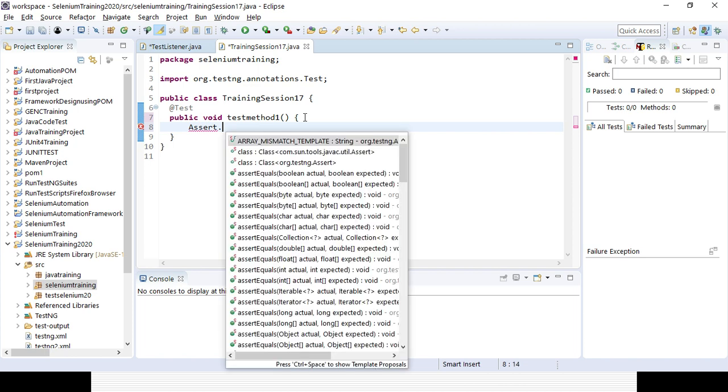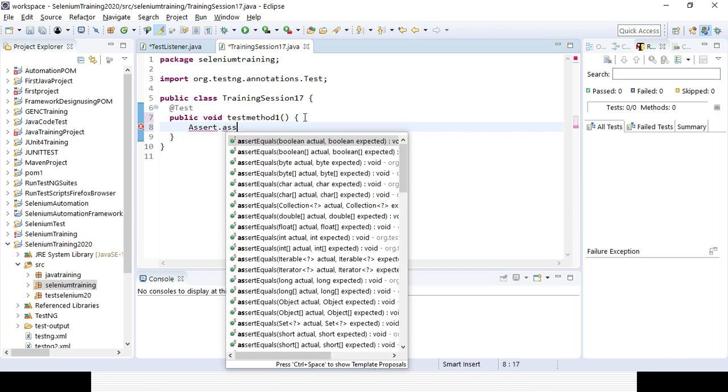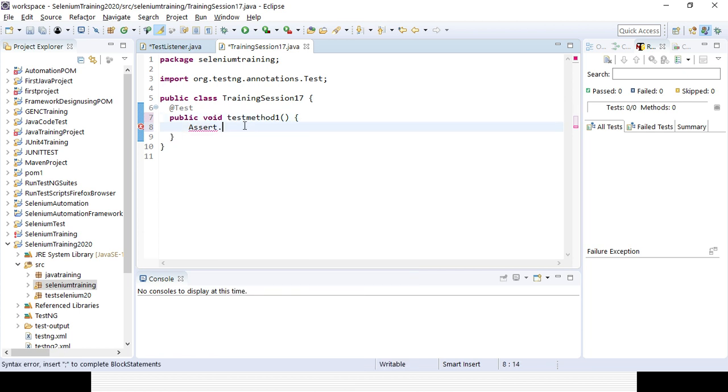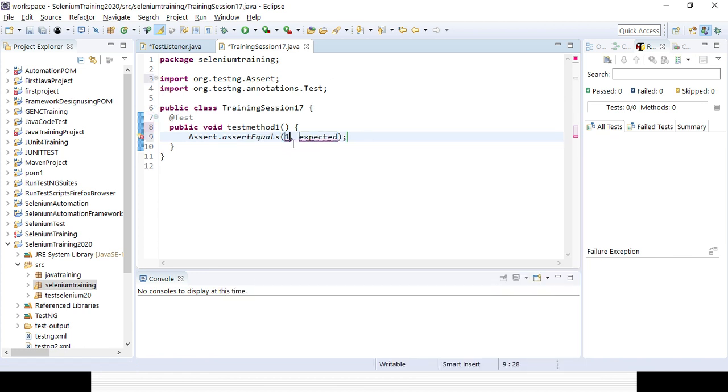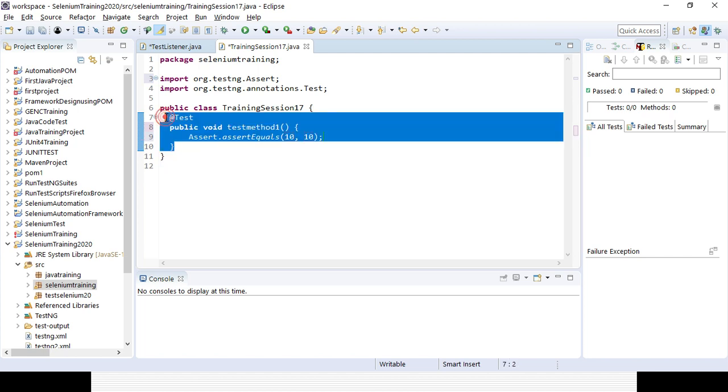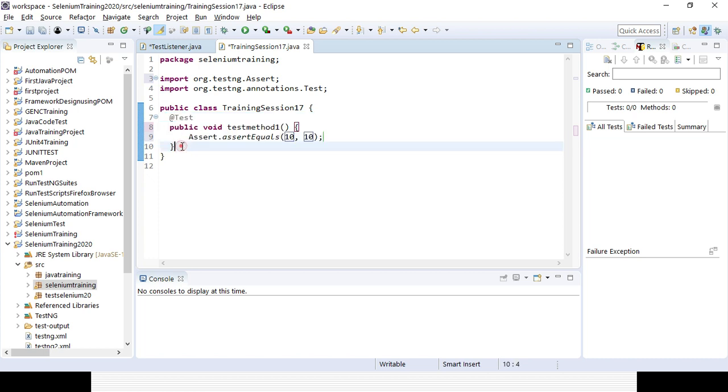dot assert equal, I just want to check something. I want to check assert dot assert equal, suppose both are 10. Just that's why I want to create a few methods. So I'll be trying to create 4 methods.